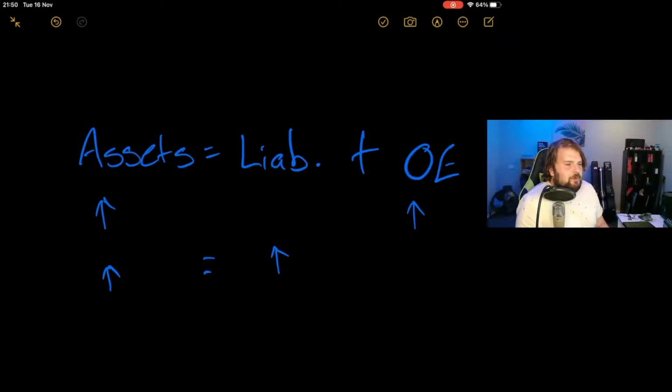But it could be a situation where, what if we spend $10,000 to buy a vehicle? We've given up $10,000 in cash, but at the same time, we get an asset. Okay? So in all of these situations,